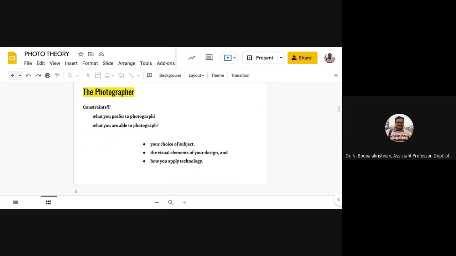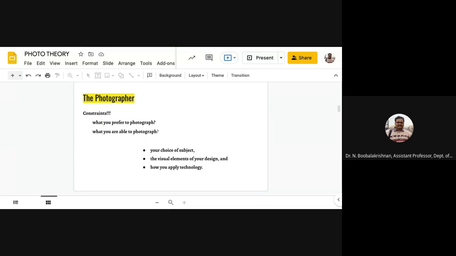The role of a photographer and what are the characteristics. As a photographer, you have a fondness of preference, a passion, and whether you realize it or not, that influences your images regardless of your specific intentions for individual pictures.